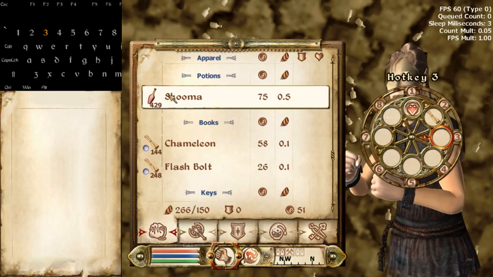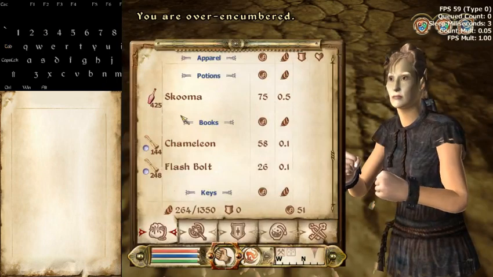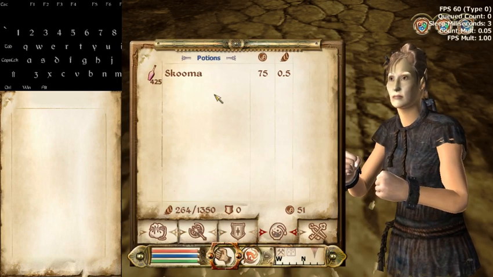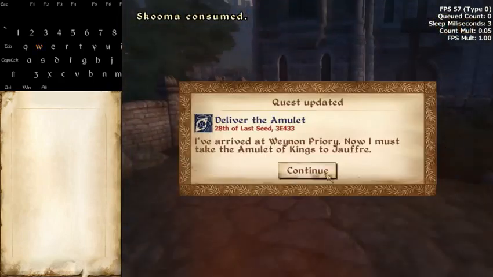And you want to set this to your hotkey and drink 4 from the hotkey for now. 4 from the hotkey for now, and then just run forward. You can drink a 5th one if you want,